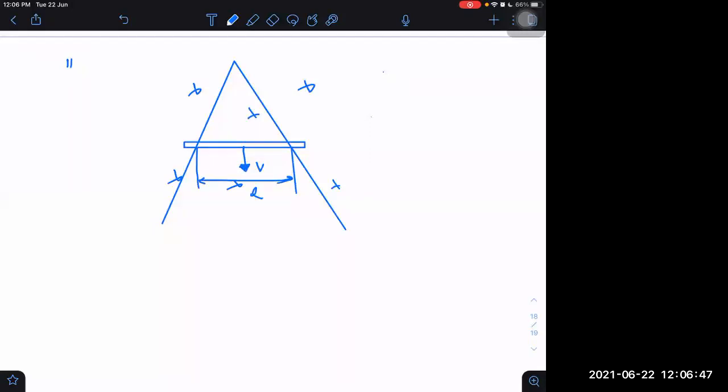What is the EMF? Tell me. One method will be dφ by dt, but I am telling you there is no need of dφ by dt because we know that it is due to motion. So what can we directly say? B into V into L. Yes, B into V into L. Because I told you this is not different from that. It is the same only. This way only we can get the result. So it will be B into V into L.